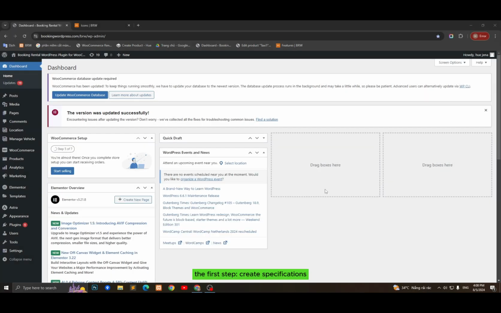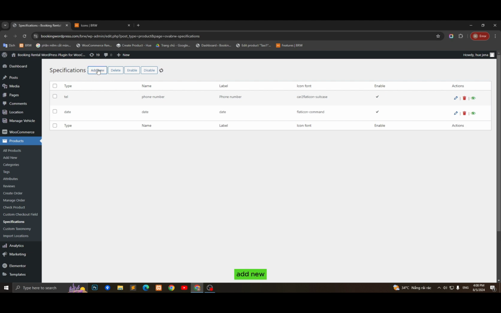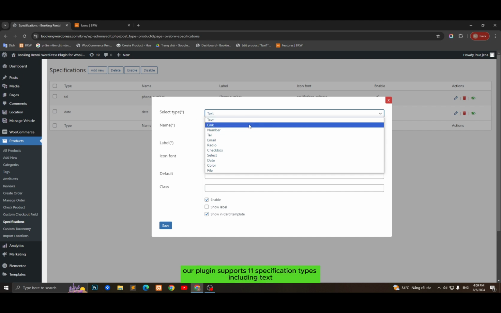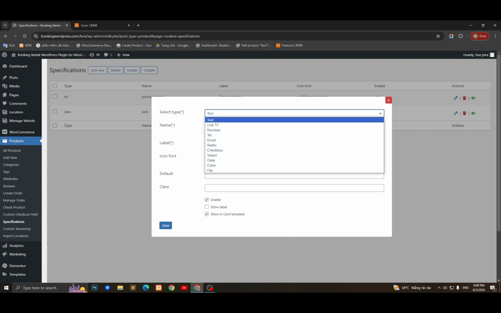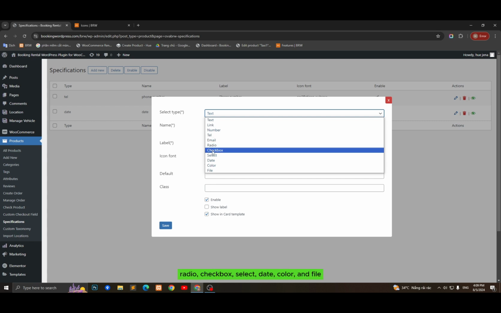The first step, create specifications. You go over products, specifications, Add new. Select type. Our plugin supports 11 specification types, including text, link, number, tel, email, radio, checkbox, select, date, color, and